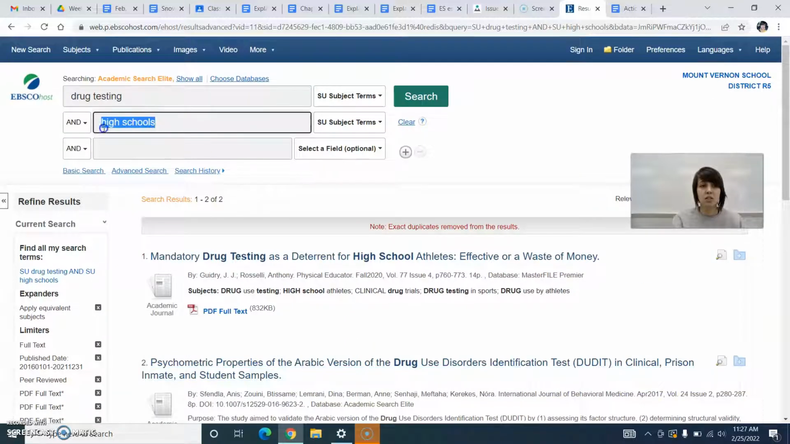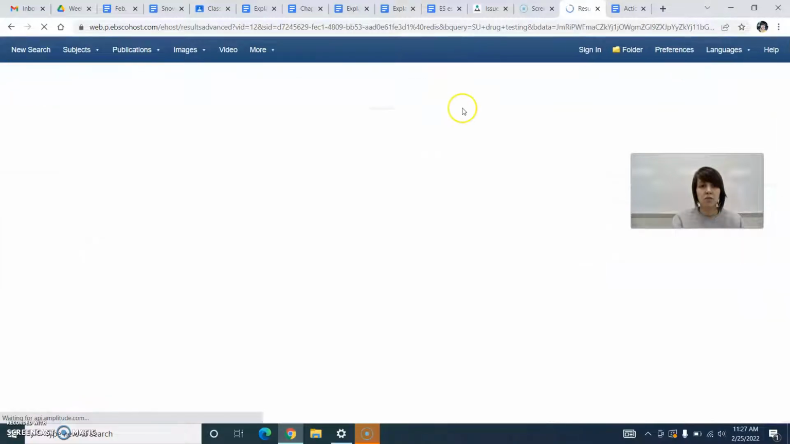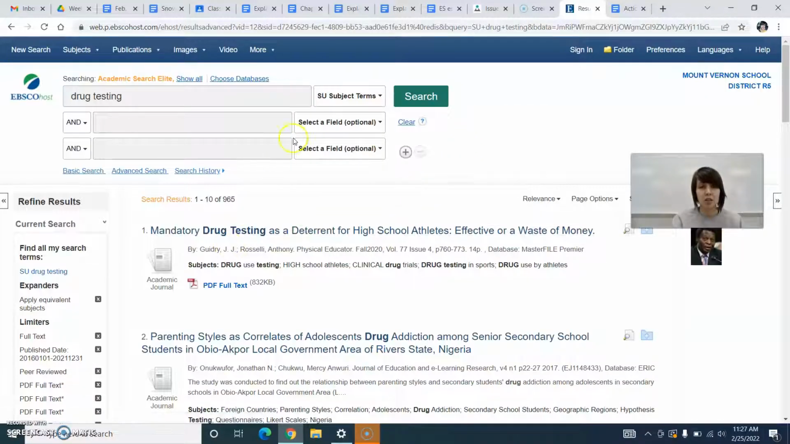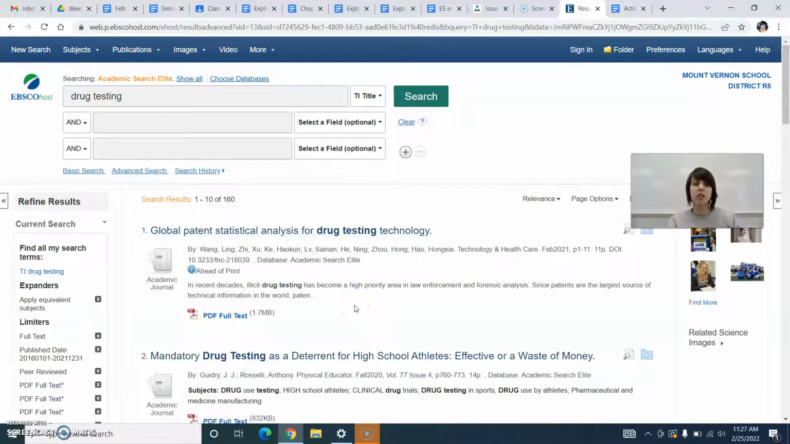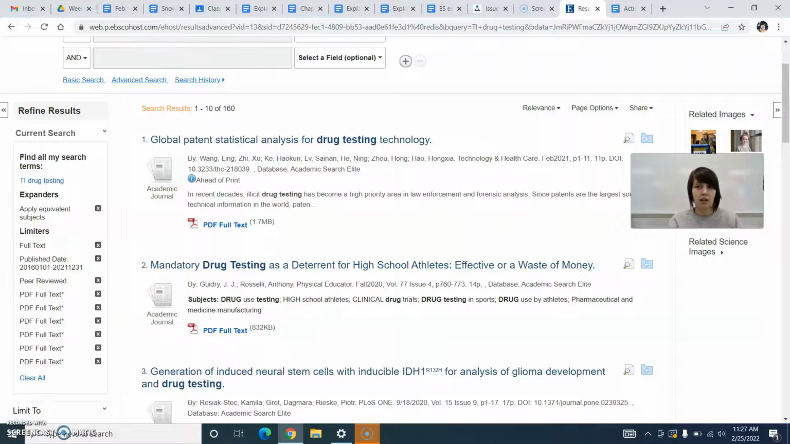Okay, so then what we could do is we could just take this off because it's obviously making it too narrow, but now I'm going to have a lot of results. So what I might do is change this to just title. And that's going to bring it down a little bit to 160. So that's kind of how you have to play with the search terms a little bit to figure out like